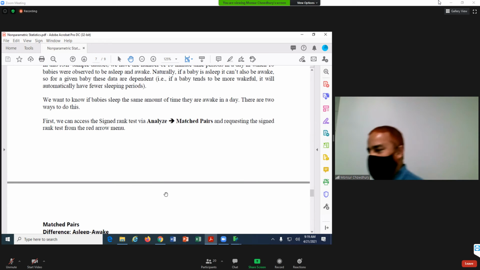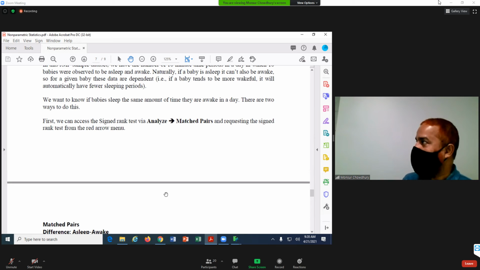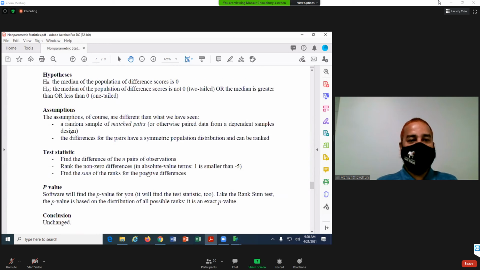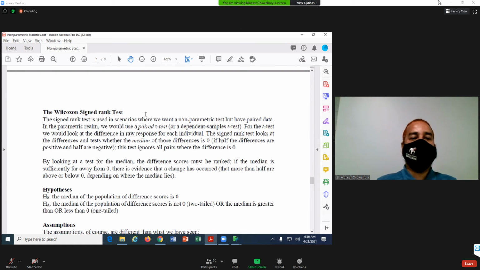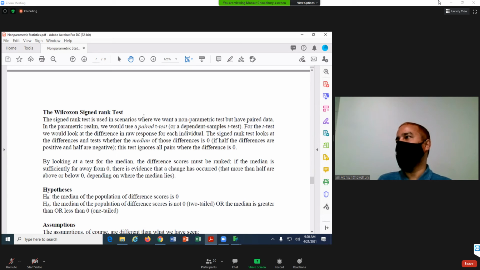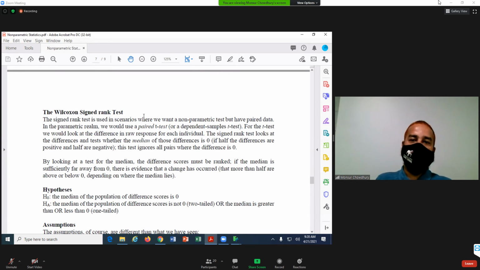So in this chapter, actually a very small chapter, we learned different types of tests. We can say two tests: one for the dependent samples, one for the independent samples. Both of them are Wilcoxon. One we call the Wilcoxon sign rank test, and for independent samples we call it the Wilcoxon rank sum test. We use the Wilcoxon rank sum test for independent samples if we have two groups. If we have more than two groups, we use the Kruskal-Wallis test. The Wilcoxon sign rank test we use for the dependent samples. That's all about this chapter.